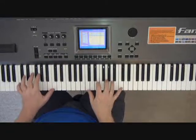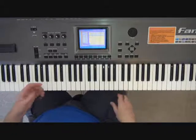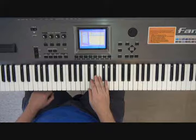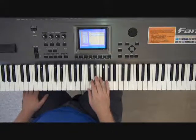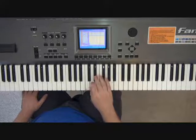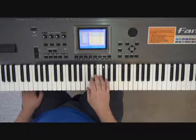So anyway, now that you kind of know what swinging it is, we're going to focus on quarter notes for a while first. But when you get to your eighth notes, just remember you have to have that soul. It's not just going to be a, you know, that's not what we're doing. It'll be